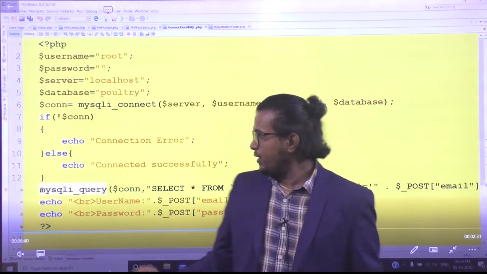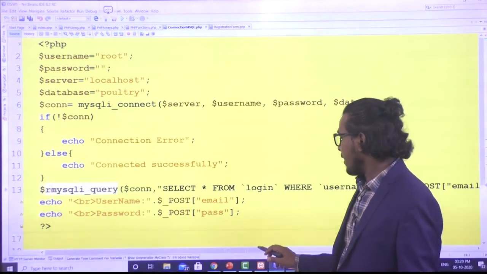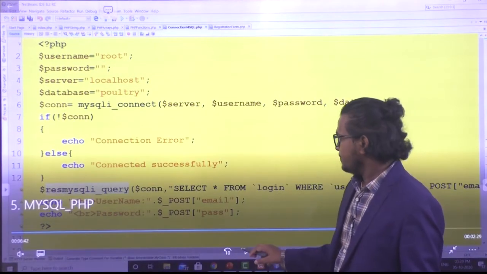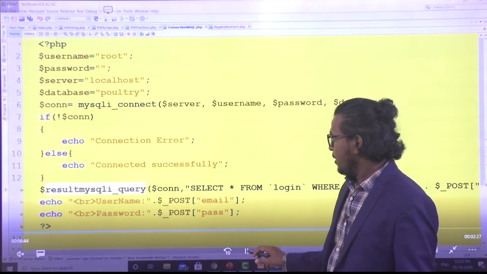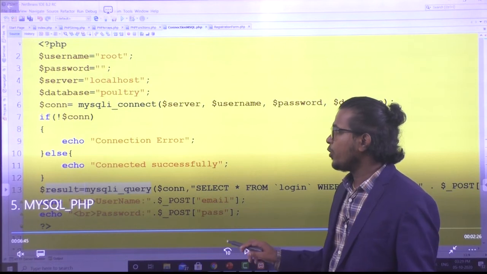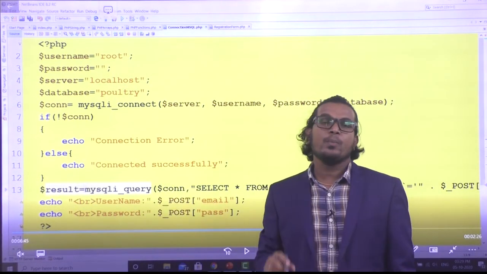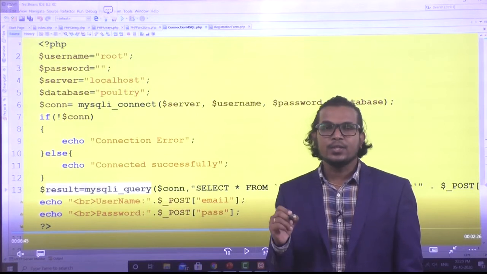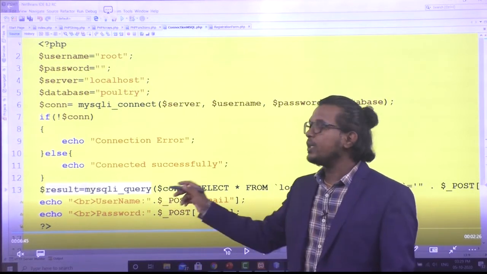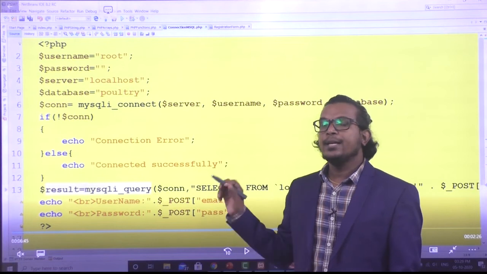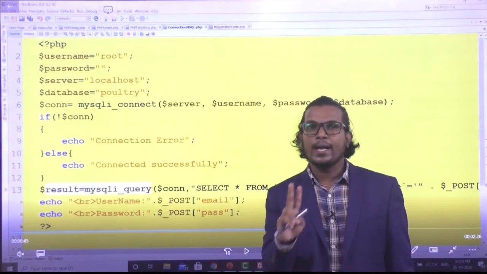Okay, if the query is correct, and one more thing you have to remember here: for executing the query you have to call mysqli_query. You have to call that particular method. In that method you have to pass two parameters.